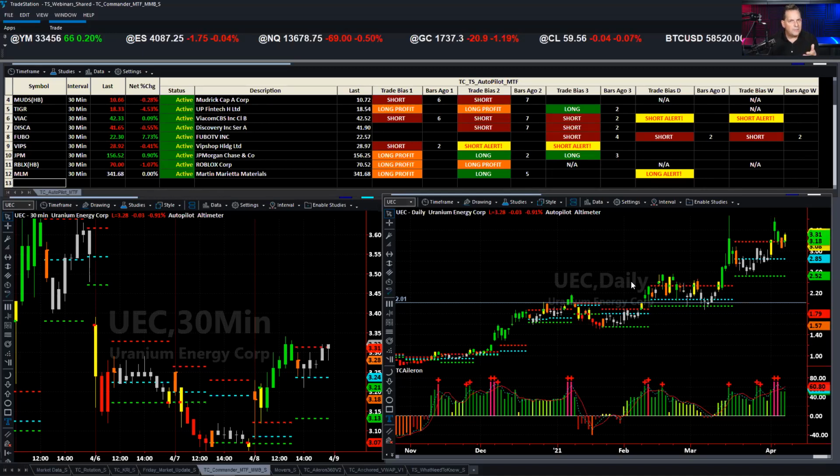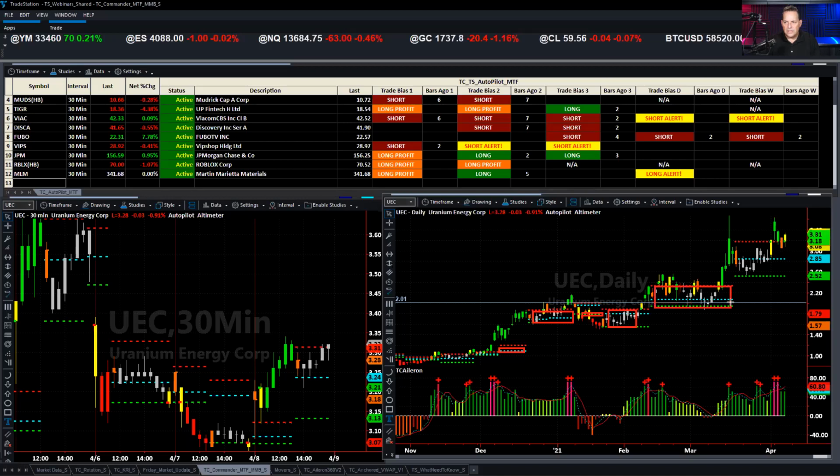It's things that you can just pick up from a chart once you know what you're doing with this Commander series. It's really easy because you say, wow, look how tight the ranges are on some of these. Look at these levels. Look how tight this one was. This is that range here. This is the range here, and it's getting wider and wider. You notice that? You've got some small ones here.